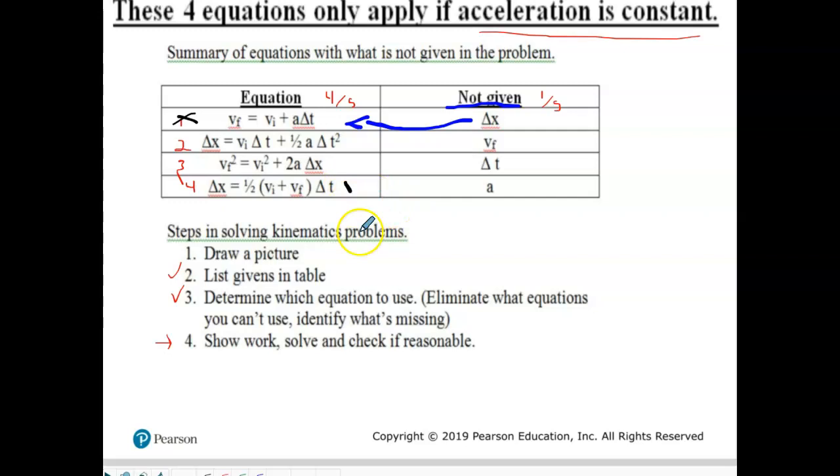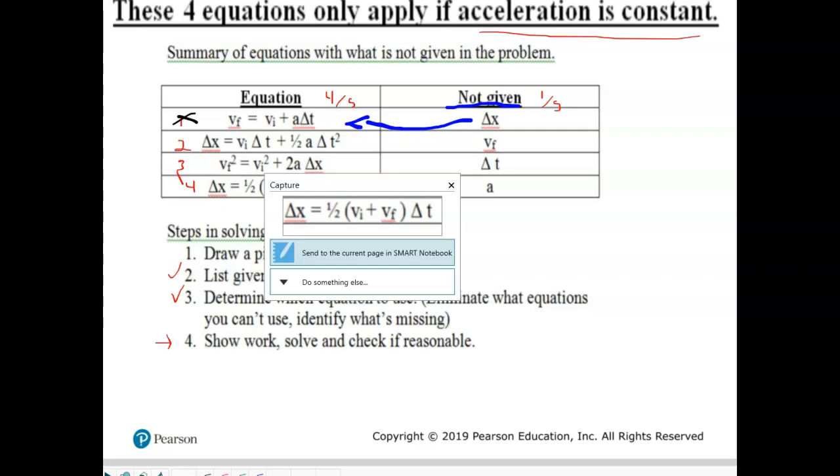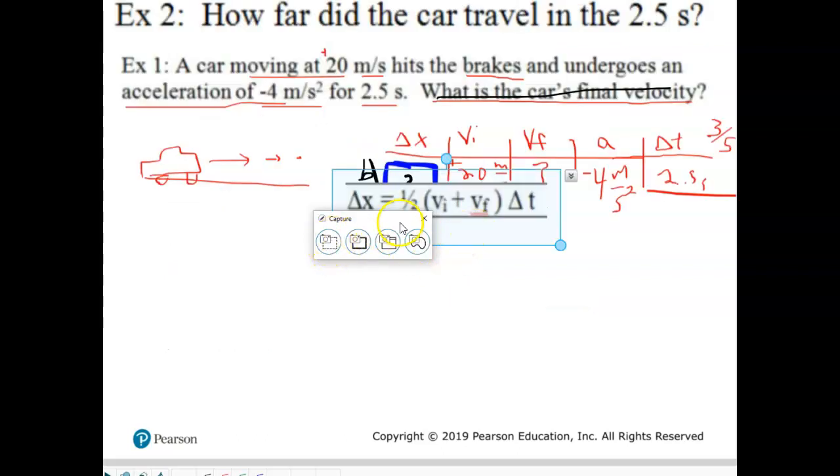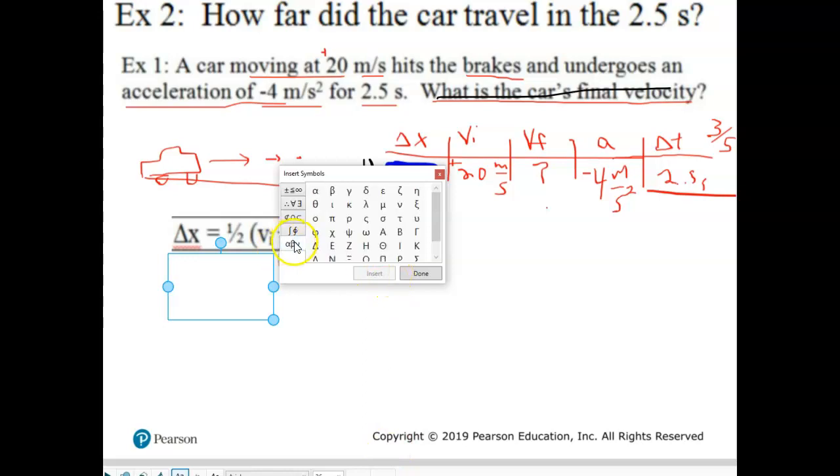I would pick number 4 because this one has a squared and it's not solved for delta x. 2 is fine, but it's got another squared and it looks like more calculations. This looks a little simpler, so I'm going to use that one. So I'll take a picture of that equation and use it here. So if we use that equation and we just type it, because again, that'd be easier. Delta is not the easiest thing to get to, but let me try to pull it out. Okay, so delta x is equal to